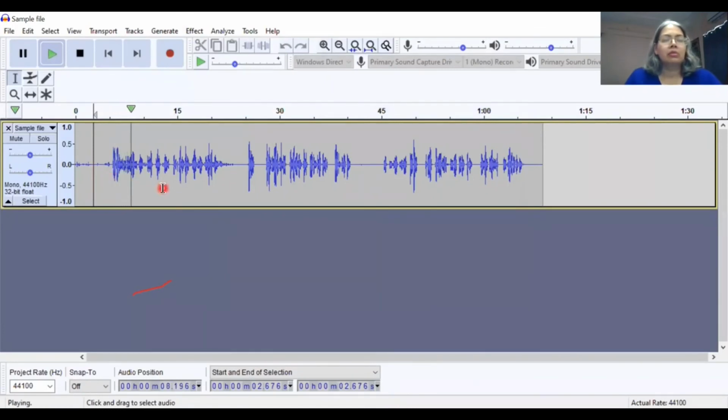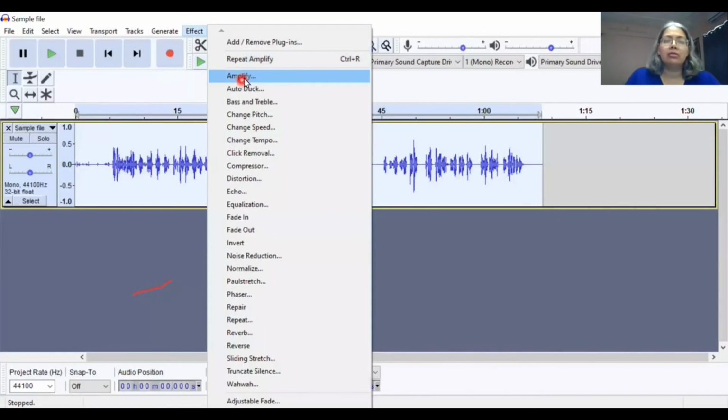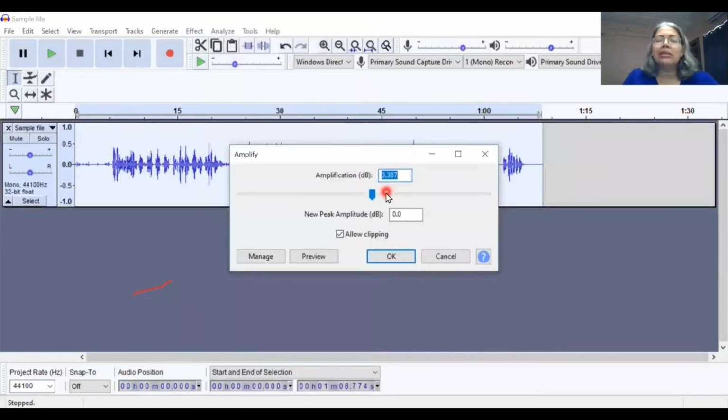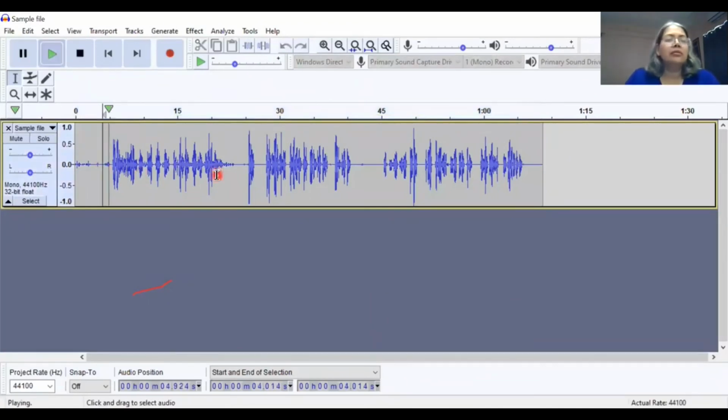We could still have it a little louder is what I feel. This is a gut feeling. Let me increase it again just to be on the safe side. So double click the file, double click that gray part, select the whole thing, it becomes white, then effect, amplify, and it's saying 3, I can accept it and check what happens. Otherwise we have the undo button. This is not too loud, this is not soft. See, this looks all right. I don't have earphones, but it will be all right, is my guess.